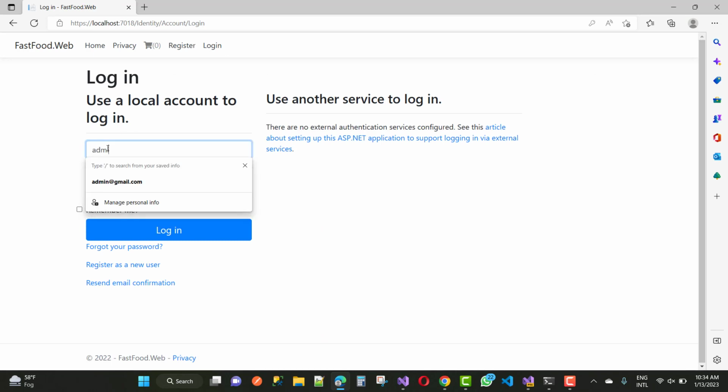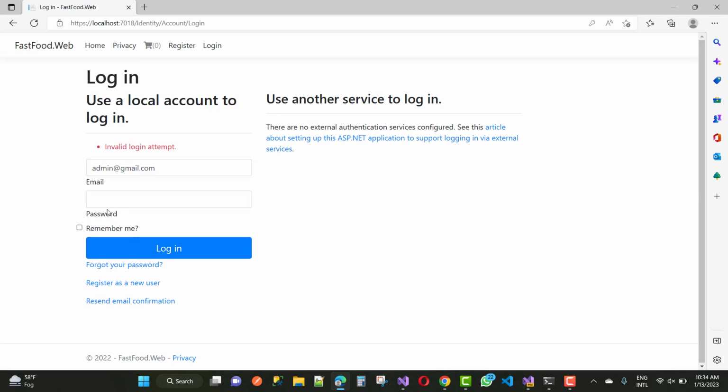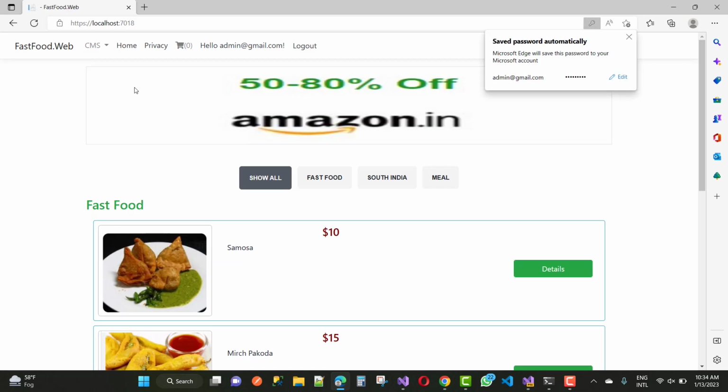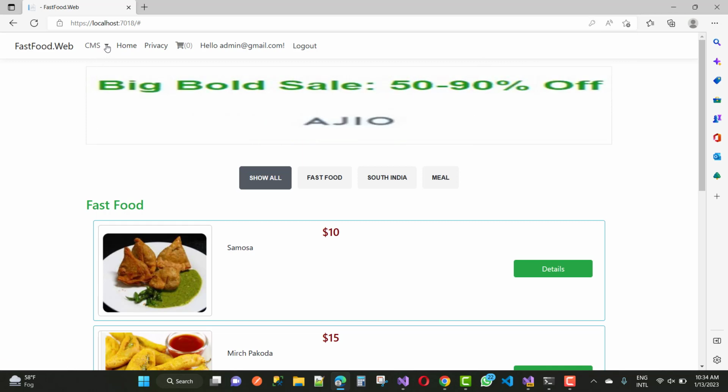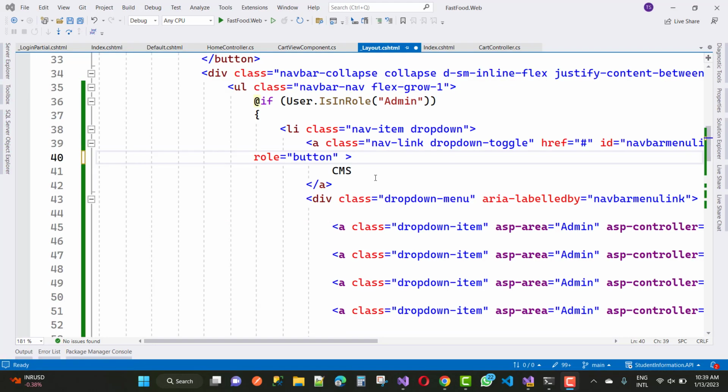So by default it is Smith. So just open the admin account, and you will see, oops, invalid login attempt. So the next thing is that this CMS is not a toggle, or you can say not a dropdown. So you have to add some other properties inside the anchor tag, that is data-toggle with the dropdown. Okay, and the next one is